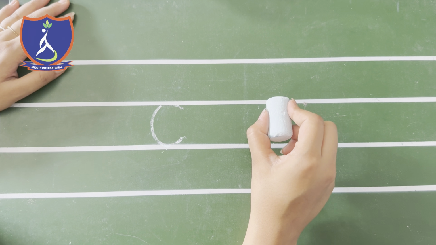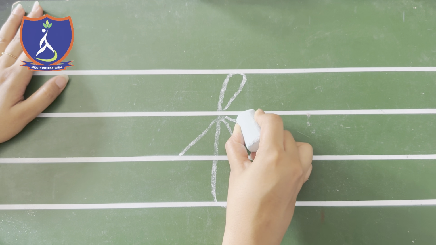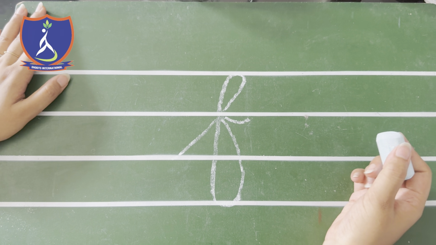The next letter is the letter F. It is not letter F or F. This is the letter F, as in fish, F as in fan. Now look at this. You will start from the third line, go up, up, up, up, up, make a small balloon, come straight down, touch the root line, go up, up, up, up, up, and make a round. This is the letter F.